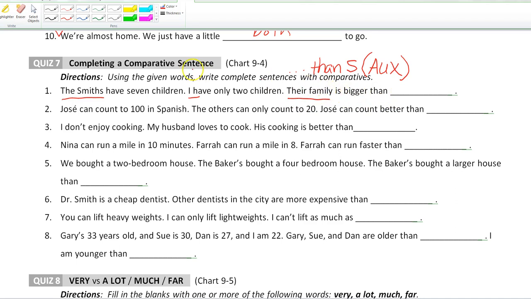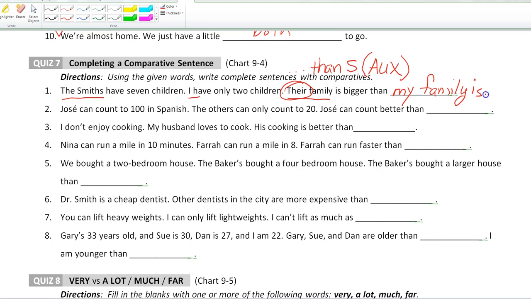Okay, so what are we comparing? We get the background details from the first 2 sentences. But here we have to be careful, because these, the Smiths and I, these are only subjects. Here we have a possessive pronoun. Okay, and we have family, and those stay together. So we're comparing their family, not just family and not just their. Okay, so we have a possessive, and we need to have a possessive over here. So their family is bigger than my, okay, hold on, my family